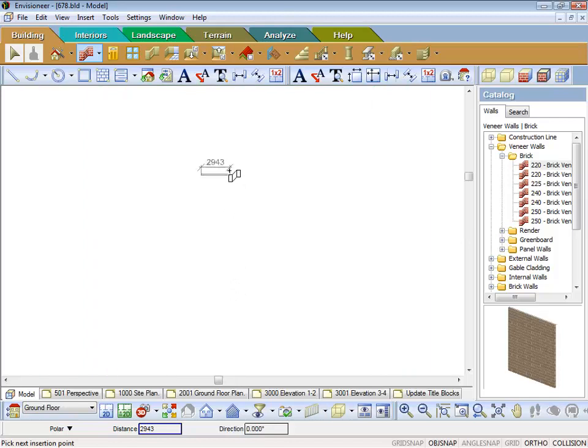So if I just roll in, I can then say, okay, this is going to be a freehand method. So I just want a 6x6 garage to start off with, just something simple. So notice I can just drag my mouse until I've got approximately the 6 meters. Then once I do it, I just drag down, and I drag down approximately 6 meters. It doesn't have to be exact. You can drag anywhere you like as long as it's around about the distance you're looking at on that dynamic